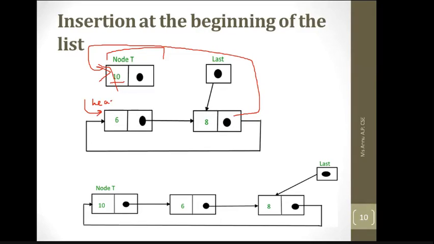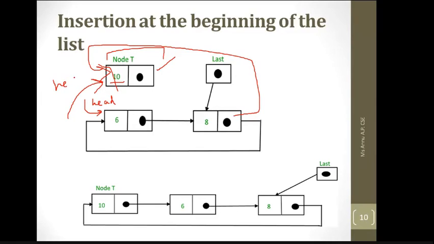What are you going to do after inserting this node at the position? First you need to create or allocate the node. After allocating the node, you need to assign its address in the 8 next or last next. Once you have assigned its address as 8 next, you need to maintain the new head as 10.